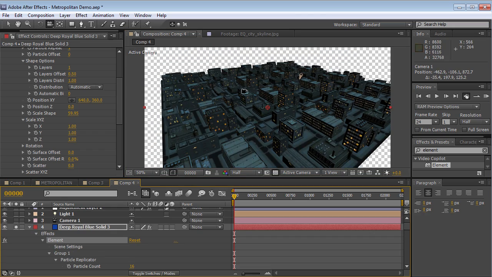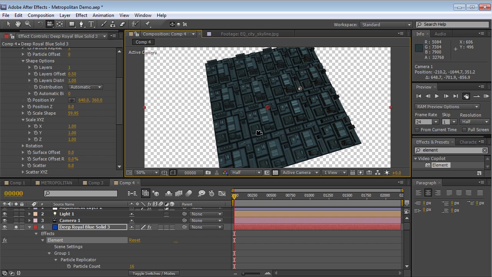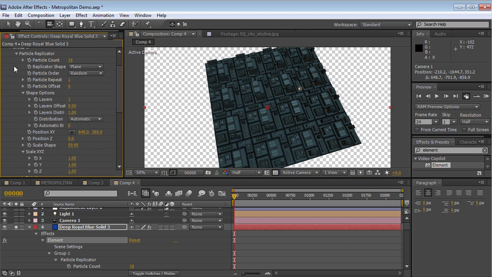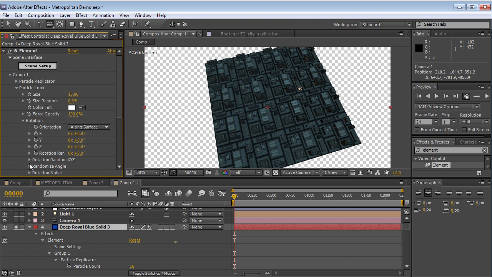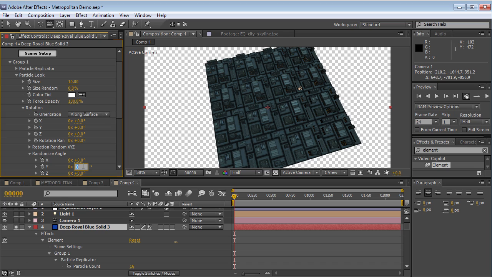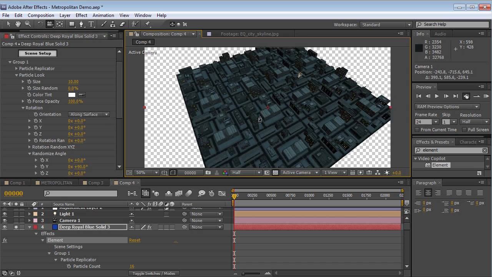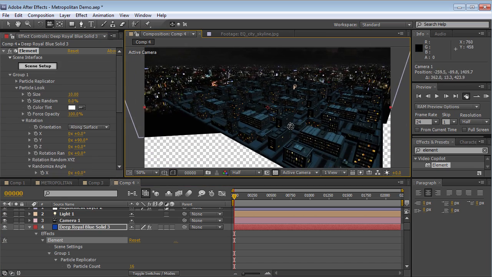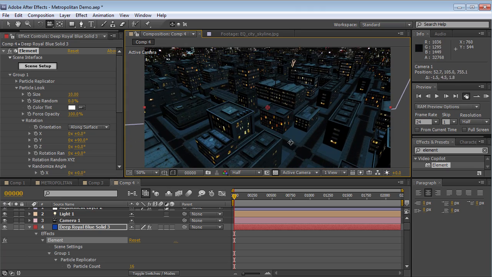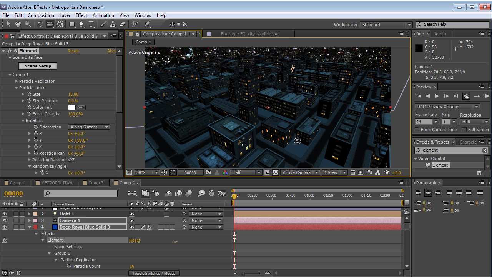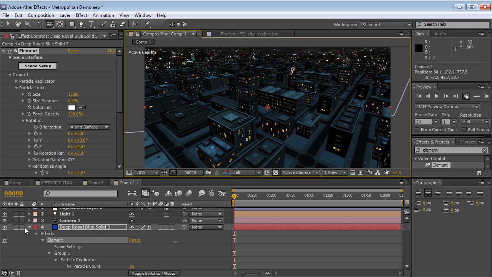Now, the one problem here is that they look pretty repetitive. So we're going to use that same randomize angle trick. Go to the particle look, rotation, randomize angle 90, and there we go. We've sort of randomized it. If we come down in here again, we have a little bit more latitude as far as where we can go. So we could do things, first of all, we could